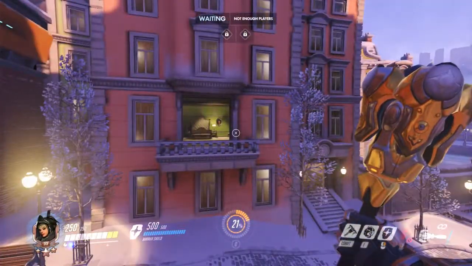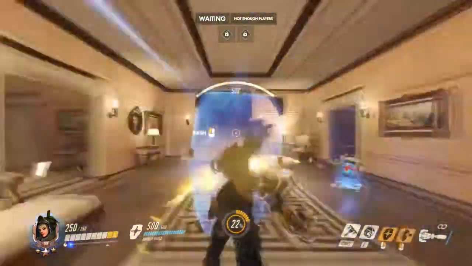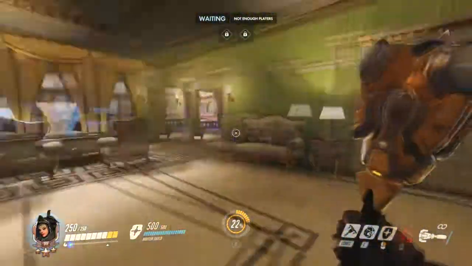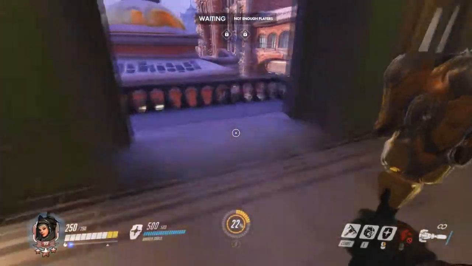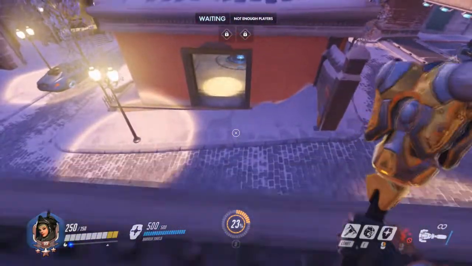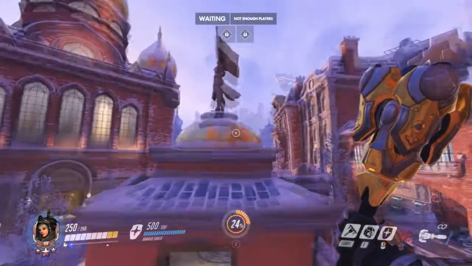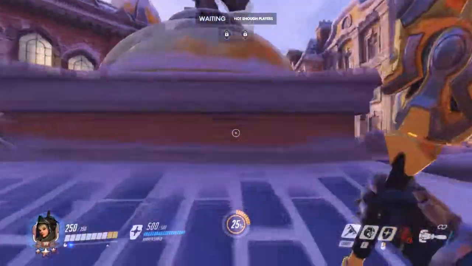There we go. So if you actually take your time, you can't make it back over there, but if you take your time and stand on the railing instead of just trying to run and jump, you kind of have to edge yourself up there. Because if you try and jump up onto this railing, you'll just fall. So you have to push yourself up onto it, and then jump and shield bash,